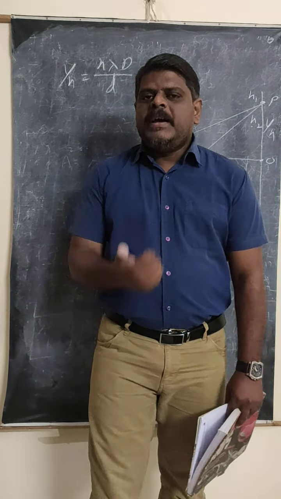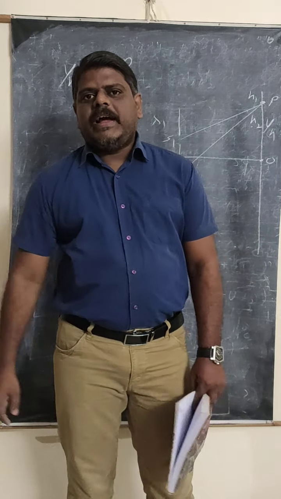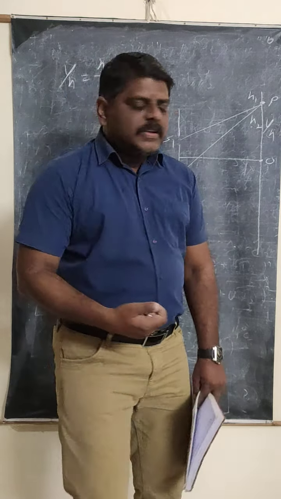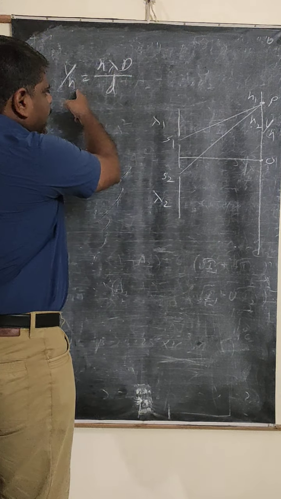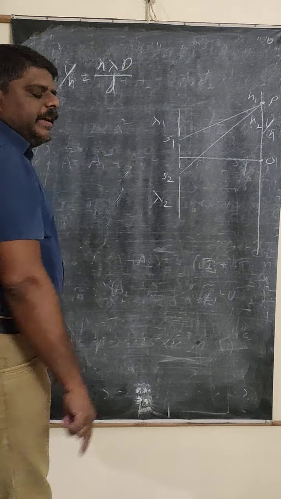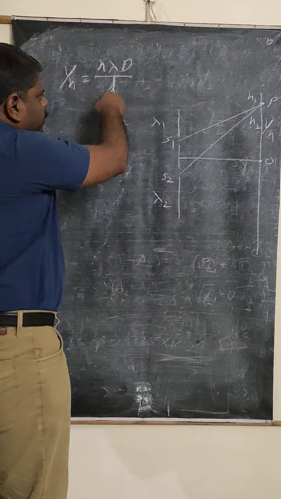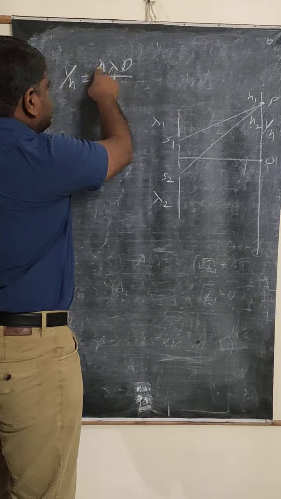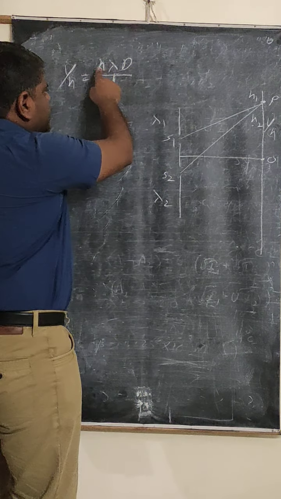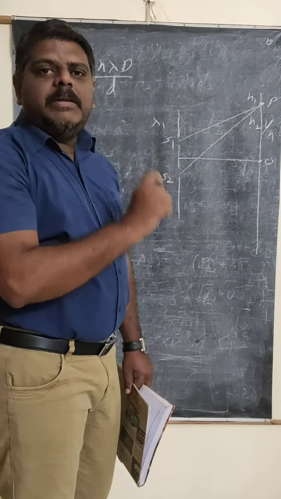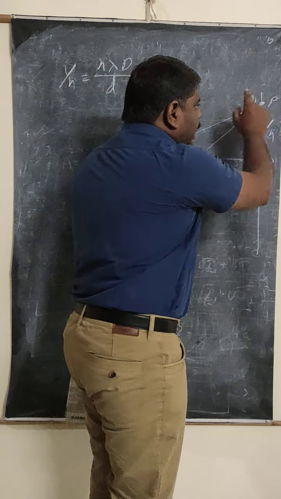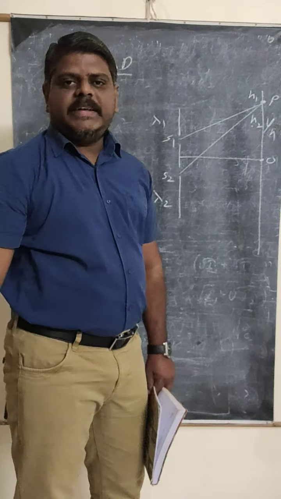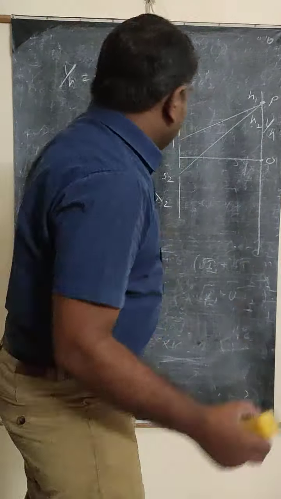What is our first step? Our first step is to find the n1 and n2 values by using the formula n1 lambda 1 equals n2 lambda 2. After that, we use the distance of the nth bright band, n lambda into capital D by small d. The capital D value is already given in the problem, and small d is also given. If you take lambda 1, you take n1; if you take lambda 2, you take n2. That will give you the minimum distance from the central band where the two bright bands coincide. This problem is very important, so take a star mark. Okay, let us start the problems.